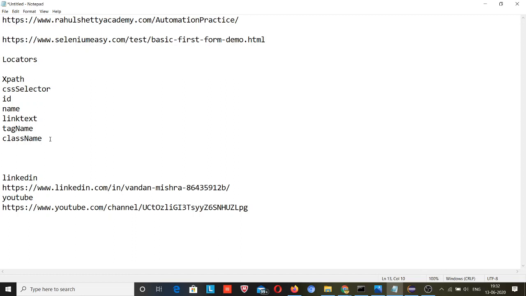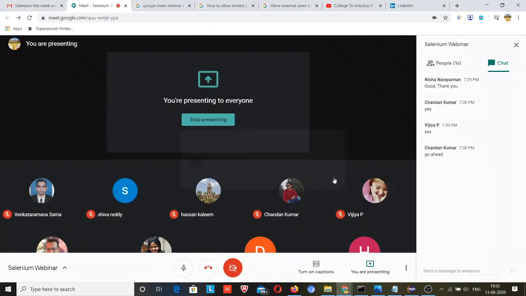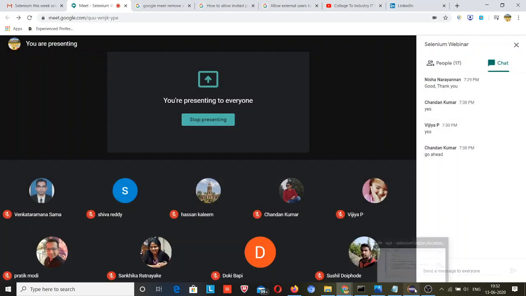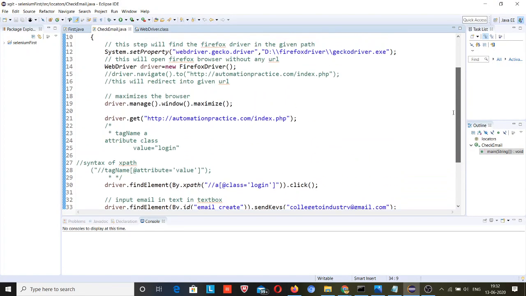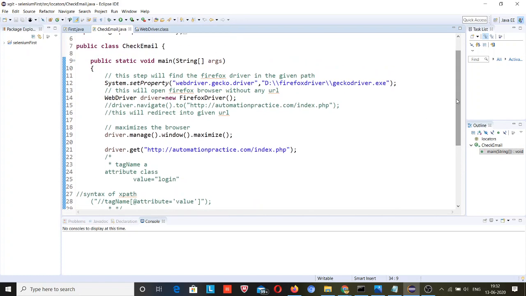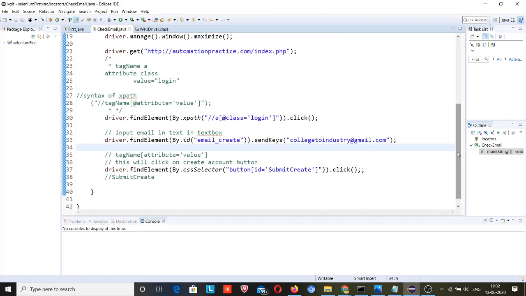As we know, in my last session I have already discussed some locators. I will show you the code. I have covered three important locators: one was the CSS selector, one was the XPath, and another one was the ID.